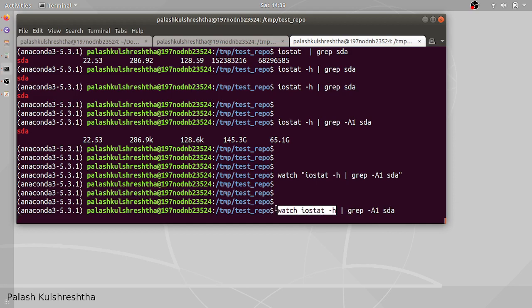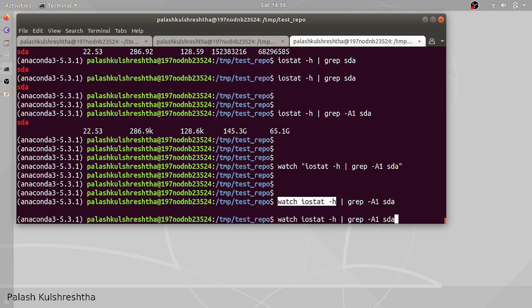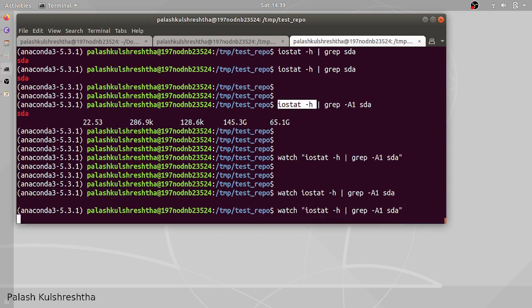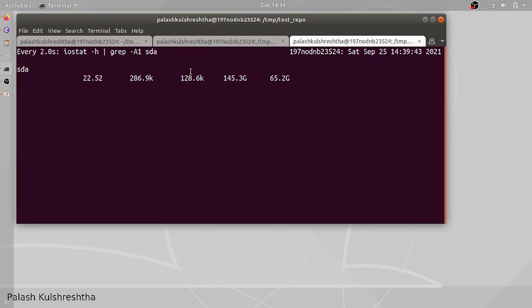And since the watch iostat -h command is not giving any output, grep is not able to get that data and find that pattern. We want to run this whole command every 2 seconds, not just the iostat -h command. So we have to do this in single quotes or double quotes, and we are able to get that data. That way we are able to run this command every 2 seconds and monitor it.